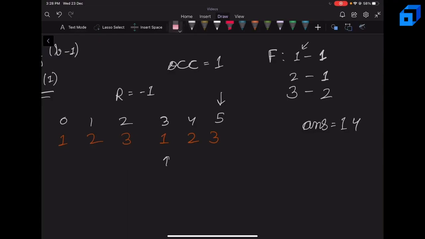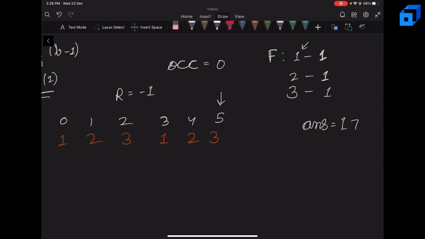So that this decreases the frequency of 3 to 1 as well. So now the number of occurrences will be 0. Occurrences of special elements, that is elements whose frequency is at least 2. Again, we will add 5 minus 3 plus 1, that is 3, to our answer. So answer will be 17 now. Since we cannot increment our right pointer, we are done.